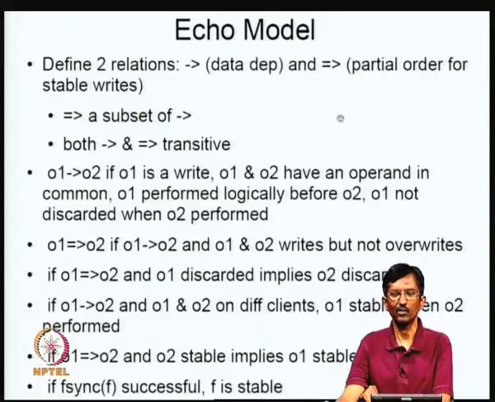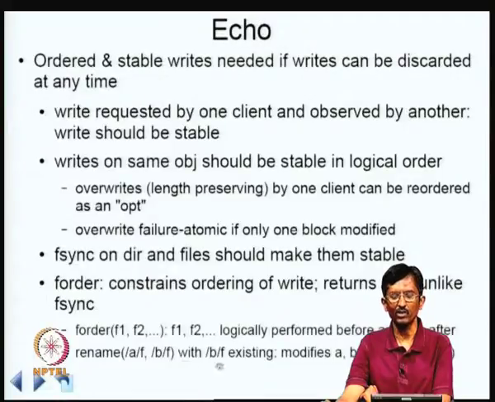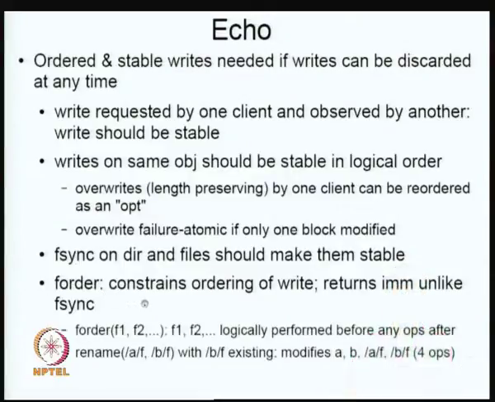Using this, you can come up with models for things like the following. For example, when we talk about rename etc., we can actually sit and work out exactly what the high level application has to specify, and that can be used to ensure that this really happens. Unfortunately, F order is not really part of the current API in POSIX. So what you have to do is use fsync as a way to order things, which turns out to be far more costly.